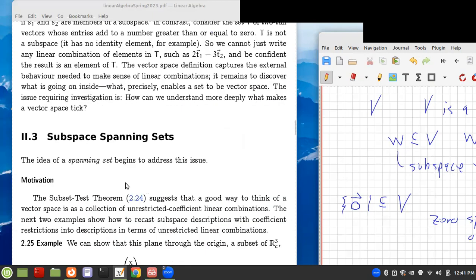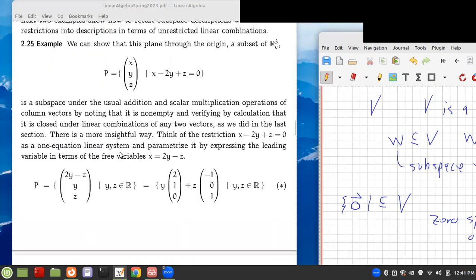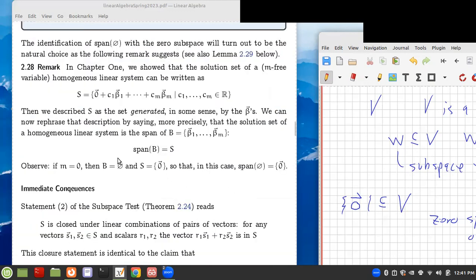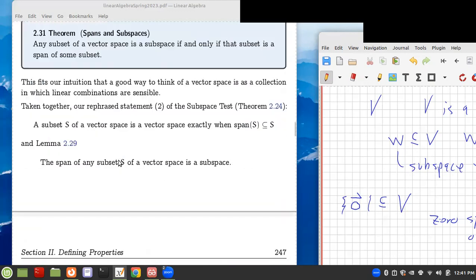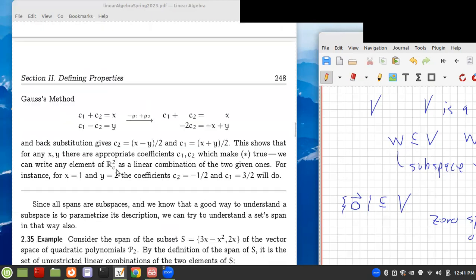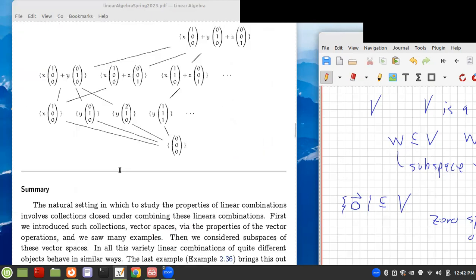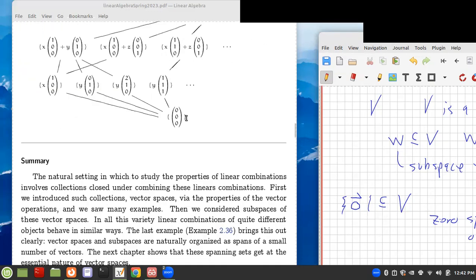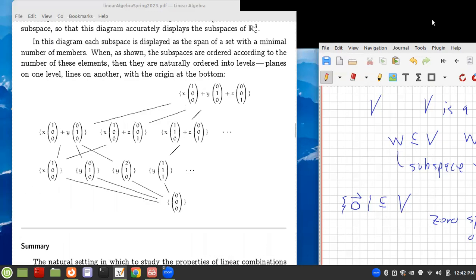We're going to deal with spanning sets, which is something a lot of people have trouble with, although it's a simple idea. But let's go on and see if we can deal with that next time and do an example here. Because what we're looking at, let me see, let me